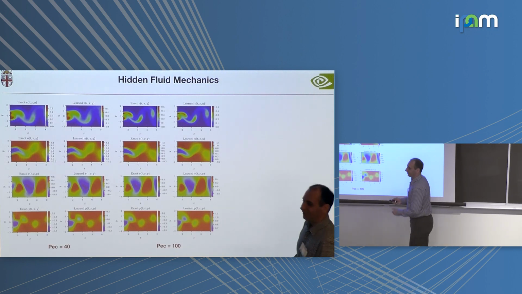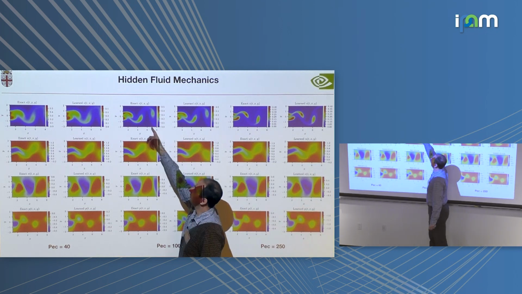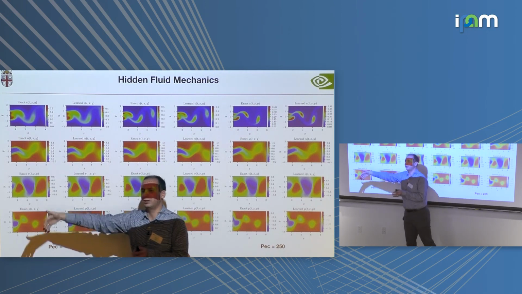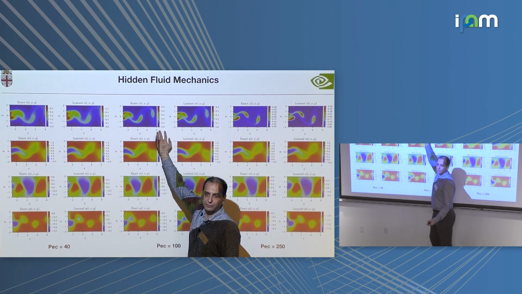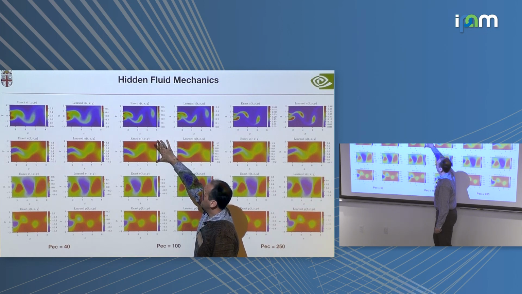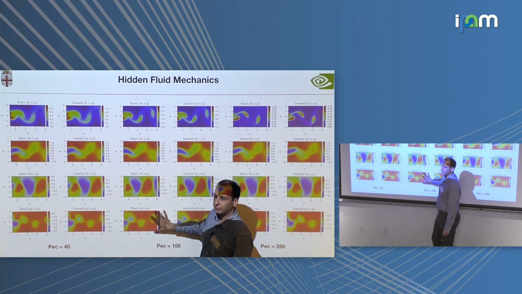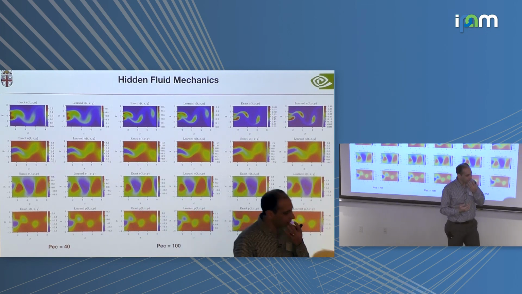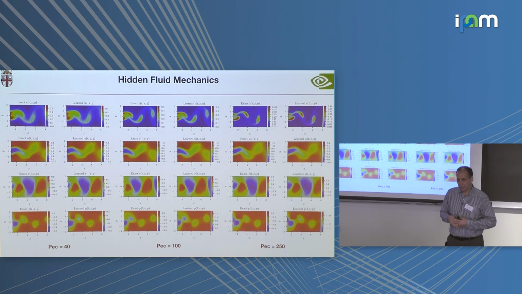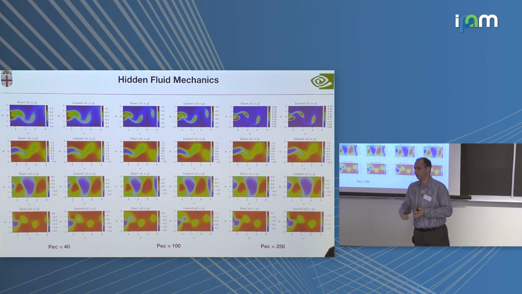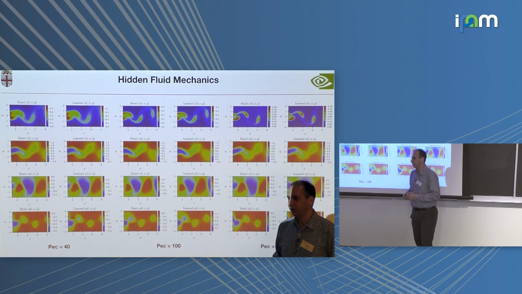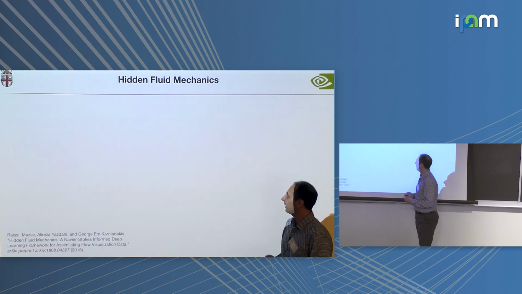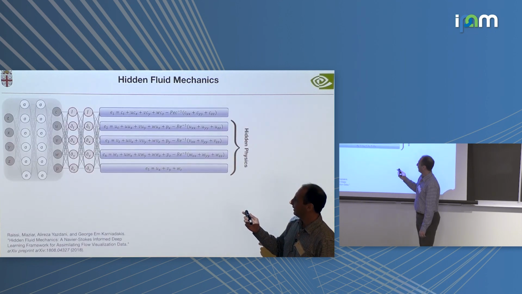This is when we started experimenting with concentration data. This is a passive scalar. It's just being advected by the flow. It has no effects on the flow. And we were able to get the velocity and the pressure, where we had different Peclet numbers. Peclet number is basically how diffusive is that dye that's being injected in our body. That's cool. Can we get a little bit more